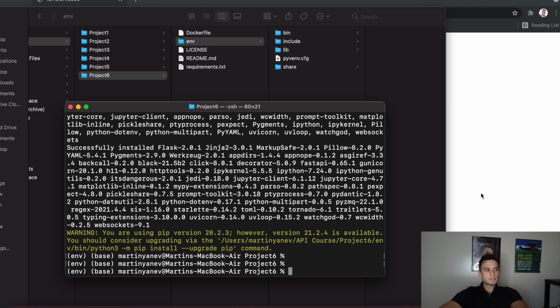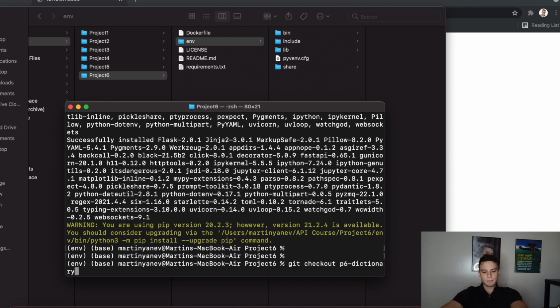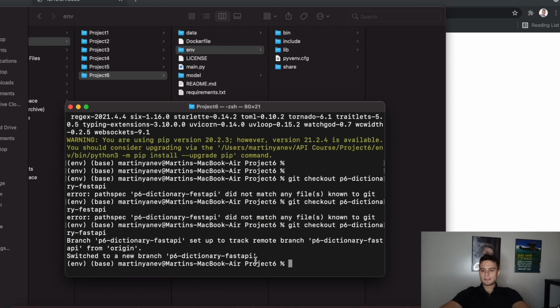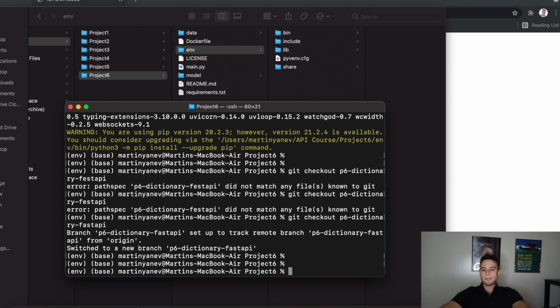So the actual project is called git checkout p6 dictionary FastAPI. Okay, so after some typos, actually it ran for me by writing git checkout p6 dictionary FastAPI. And now if you can see, guys, in the folder, you can actually see that there are a bit